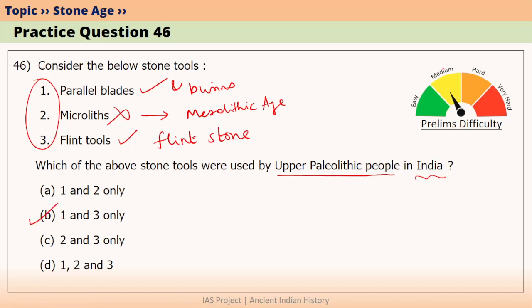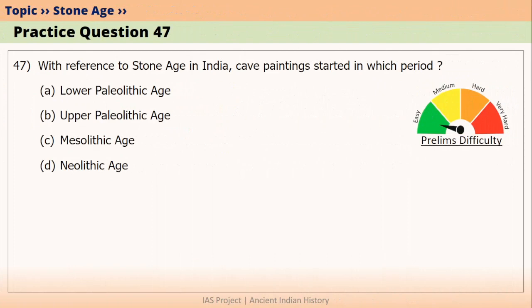Option B. This is a medium level question because you need to know what type of stone they used as well as with that stone what type of stone tools they made. The next question is, with reference to Stone Age in India, cave paintings started in which period? In Lower Paleolithic age, that is almost 2 million years ago, there were no paintings. So this is false. Yes, paintings started in Upper Paleolithic age because we know that from Bhimbetka we have paintings